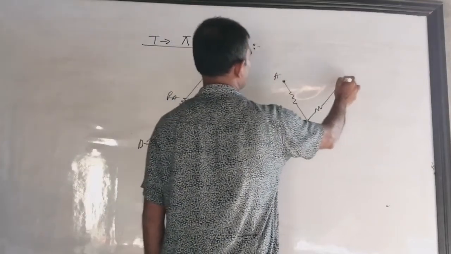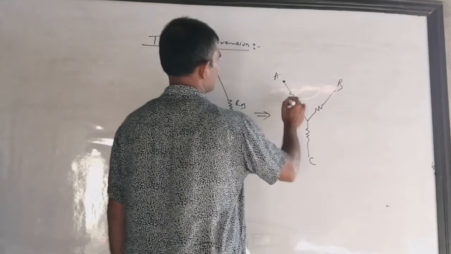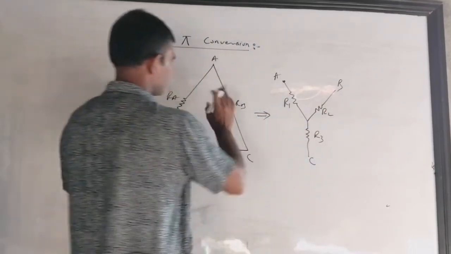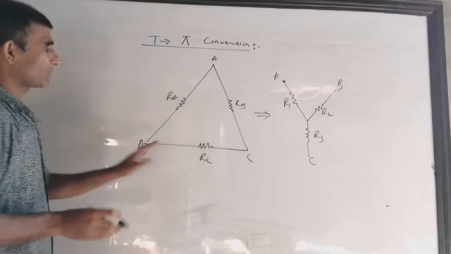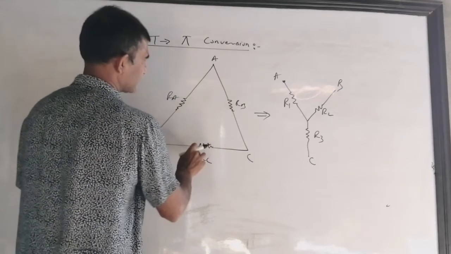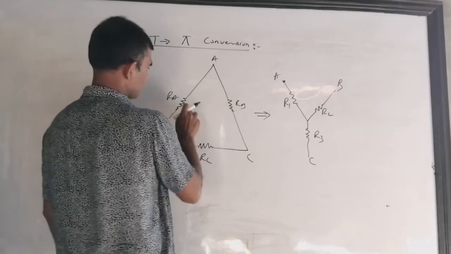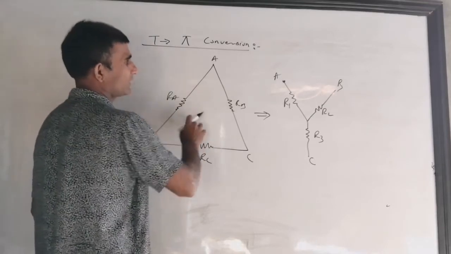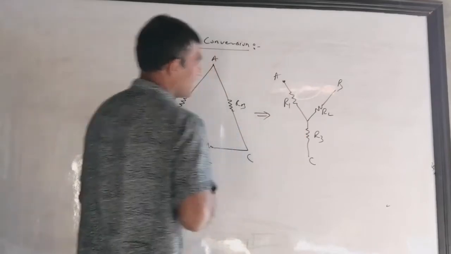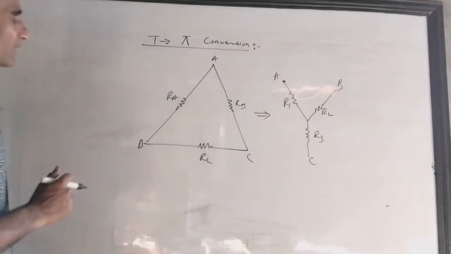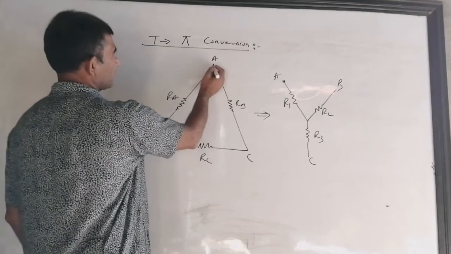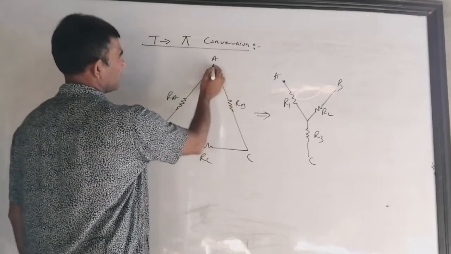Let's see this again. I am supposing this A, B, C. This time I am supposing these resistances R1, R2, R3. It doesn't matter about symmetry or anything, there is nothing you have to check. Just check the three resistances. Sometimes you need to convert this triangle shape arrangement in your circuit to this Y shape, and you can do it very easily. How? Let's see the trick. Now I am going to draw only this figure here.